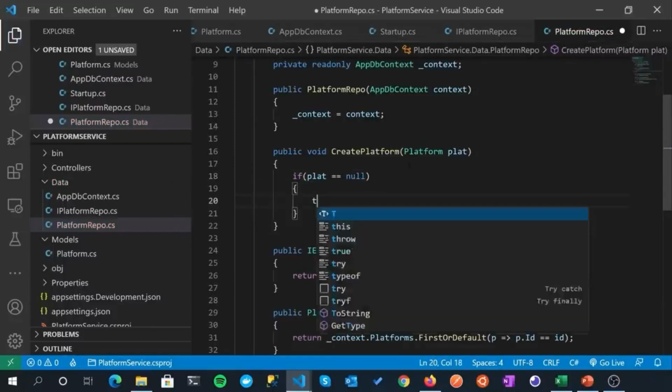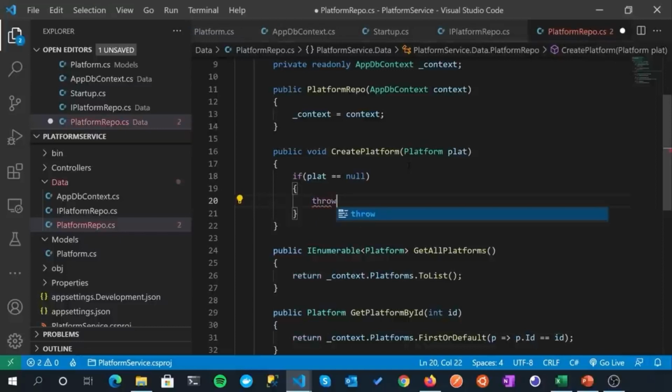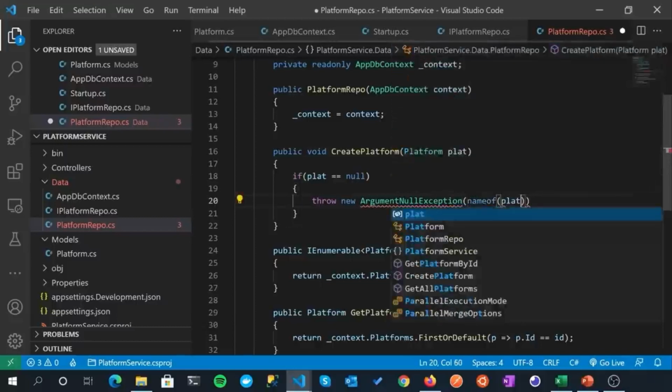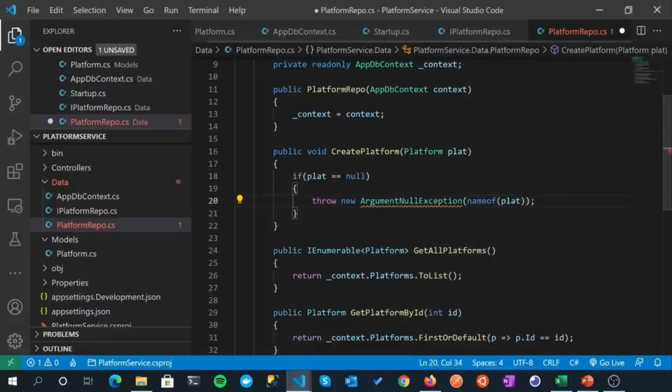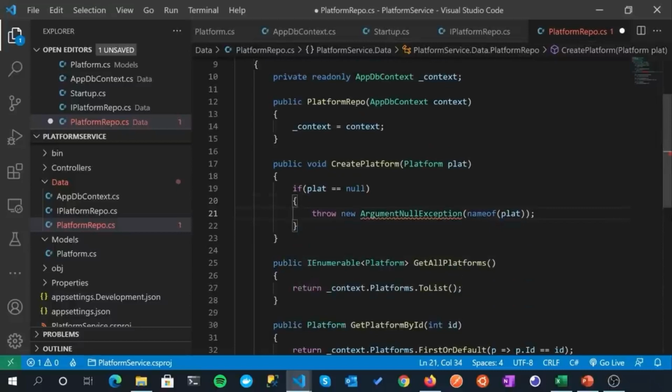So actually I probably shouldn't have deleted that throw statement, but we'll just type it in again, throw new ArgumentNullException, nameof(plat). Okay, so that just gives us a more descriptive exception, and we'll just bring in that namespace, using System. So if platform is null, if it's not been defined and we're trying to create one, then we'll just throw this exception. Otherwise,